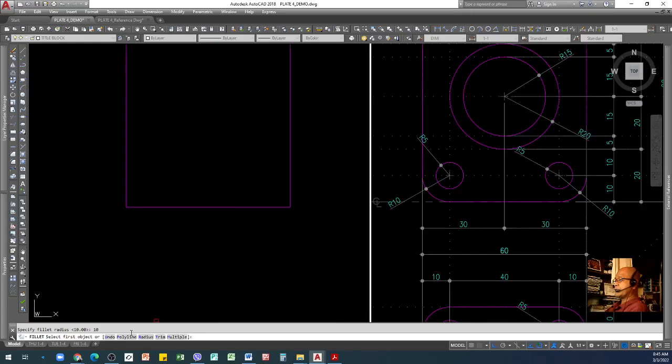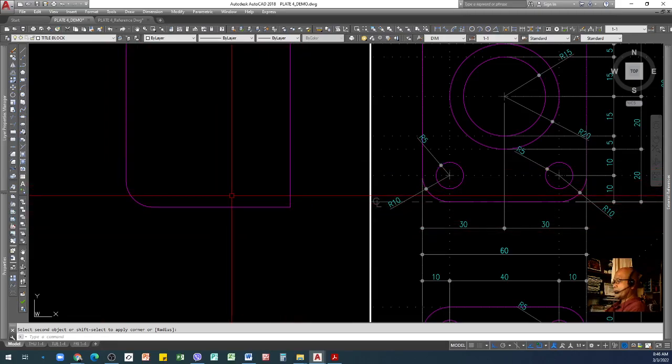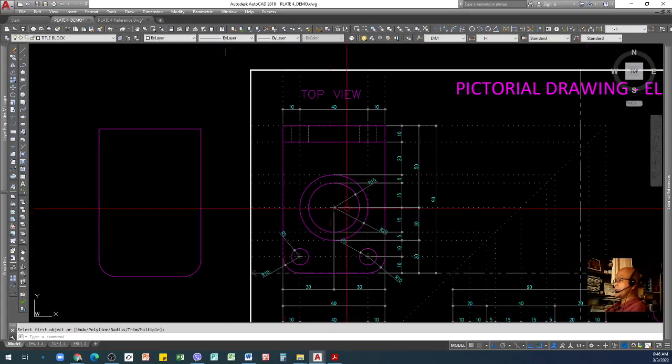Then all you need to do is point to the corner, the part of your drawing that you need to make a fillet. You click this one here and the other one here, and automatically it will create a curved line. Then you have to repeat the previous command. I just press enter, it calls my previous command, so click and click, and it's complete already.